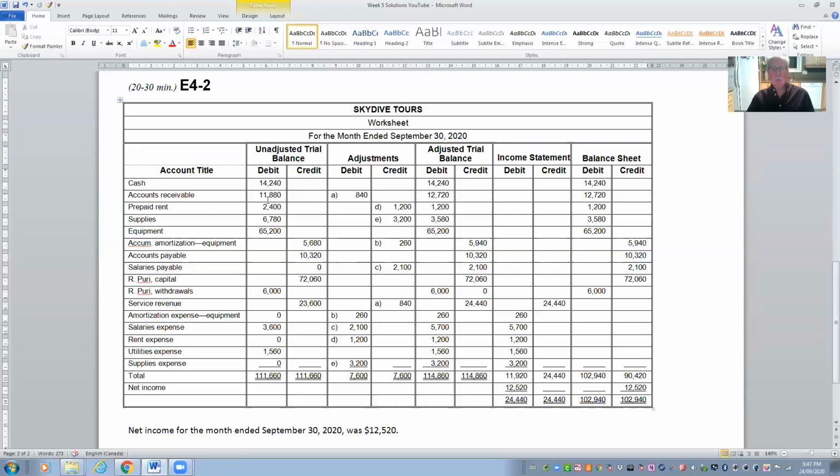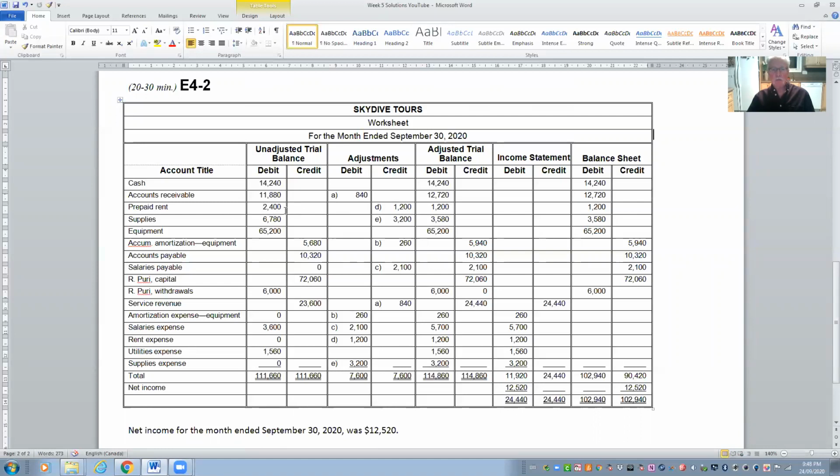For accounts receivable, the ending balance in the unadjusted trial balance is $11,880. We come across and we see that we have a debit entry for our adjustments. So debits are alike, so a debit and a debit, we would add it together to arrive at a new debit balance in our adjusted trial balance of $12,720. If it had been an entry that was a credit and then following with another credit, again, if they're alike, we add them. If they're different, and we'll look at that in the case of prepaid rent, where we have